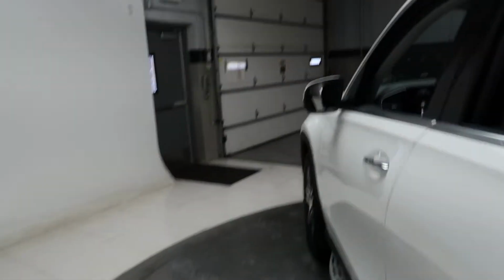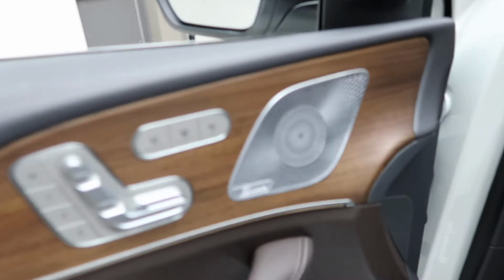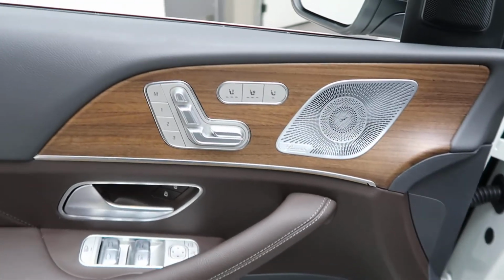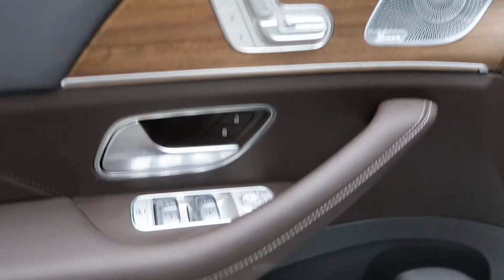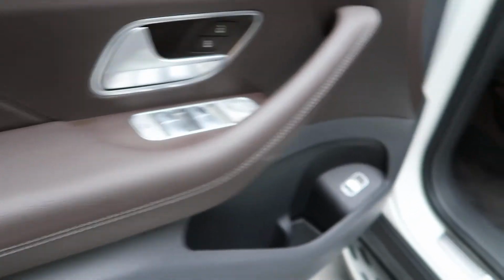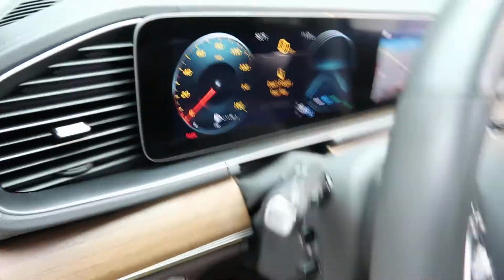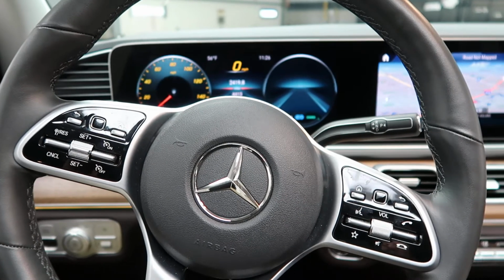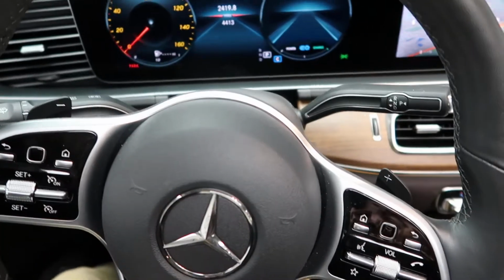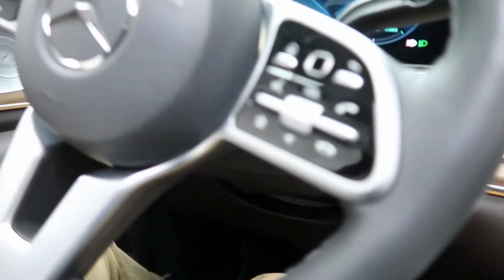Coming alongside, this one does come with a blind spot assist, Burmeister sound system, a natural grain brown walnut trim, heated and cooled seats, ambient lighting, power windows, illuminated door sill, heated steering wheel, touchpad steering wheel controls with Bluetooth capabilities, paddle shifters for extra performance, a push start ignition,